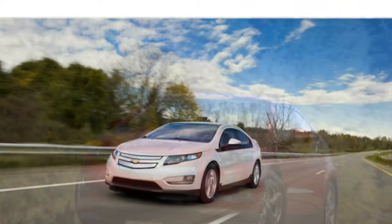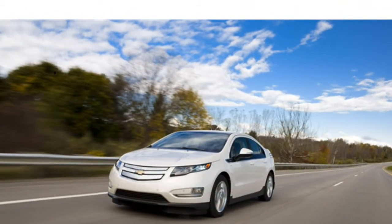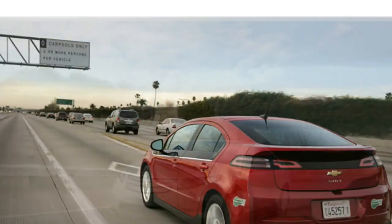Chevrolet Volt interior. Most automotive journalists think the 2015 Chevrolet Volt's interior is